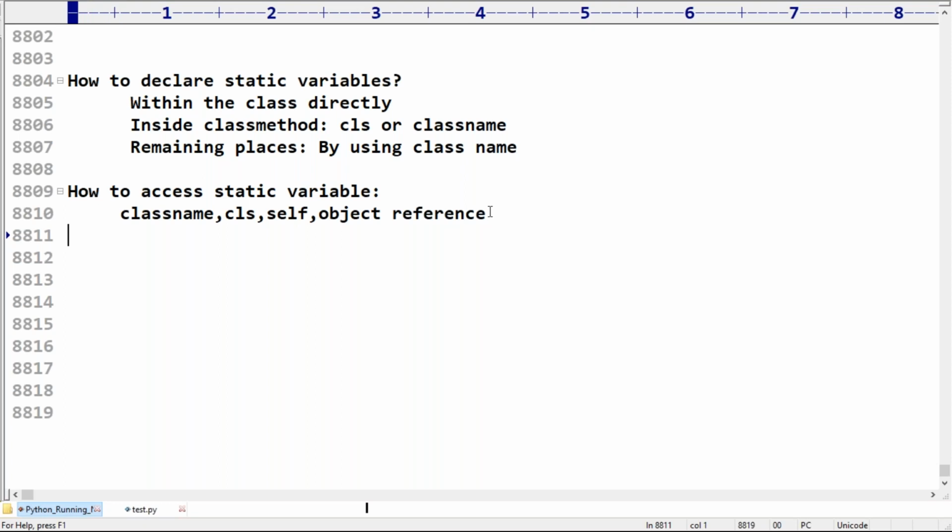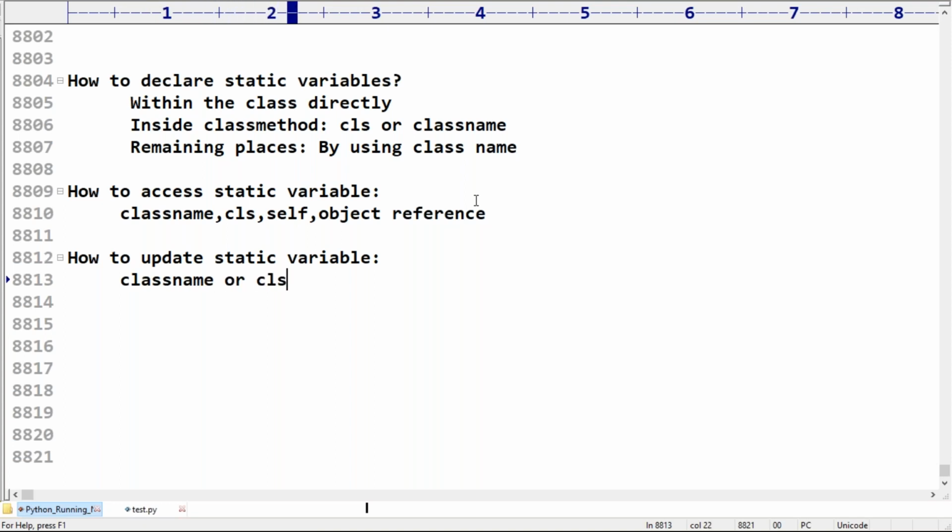Next, how to update a static variable? Compulsorily we need to use either the class name or CLS. Next, how to delete a static variable? Compulsorily we need to use either the class name or CLS.